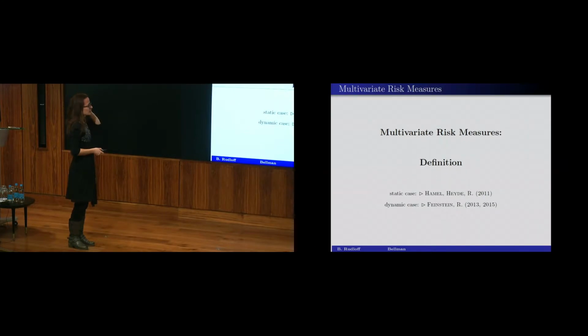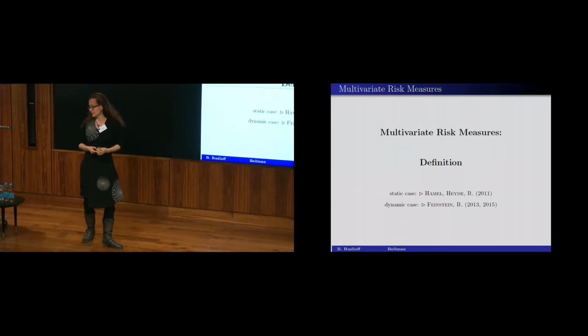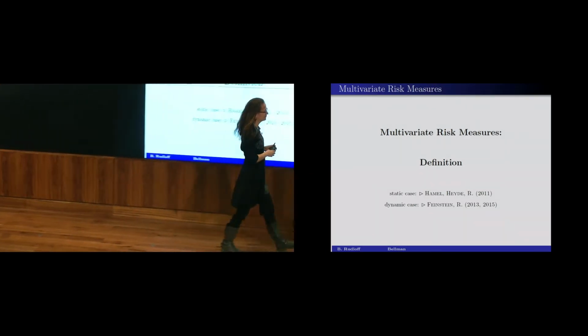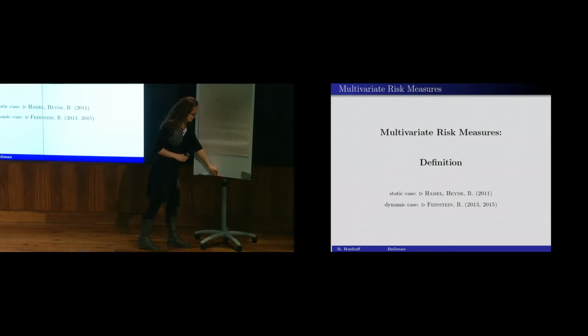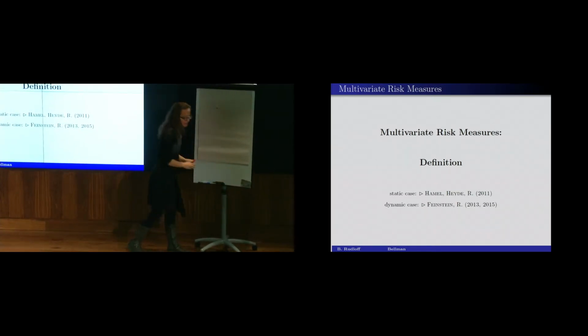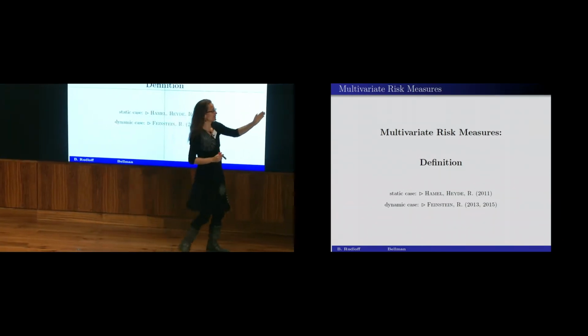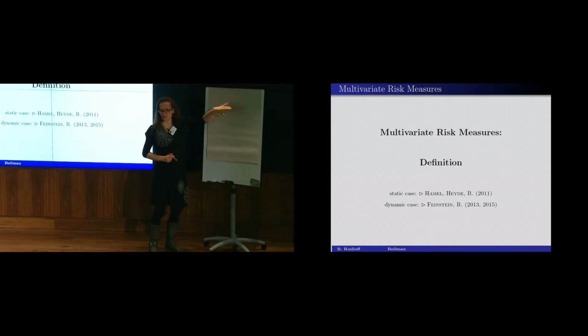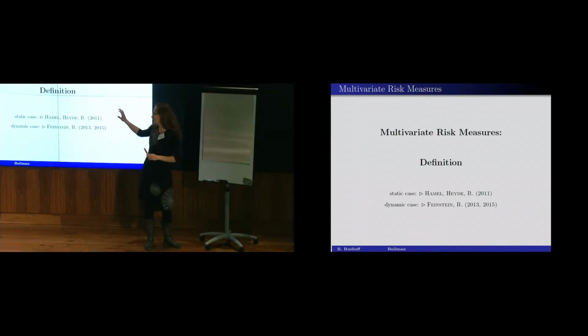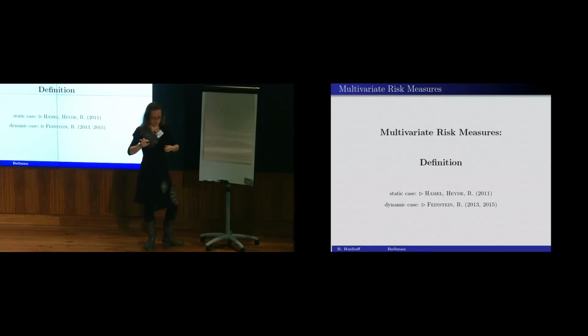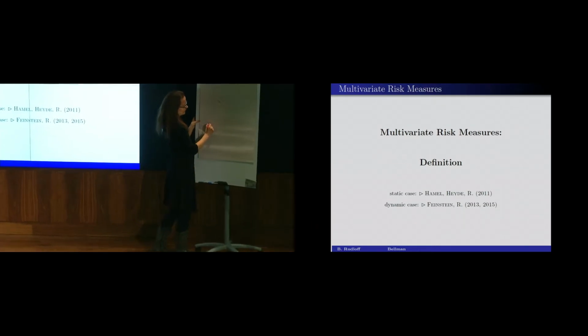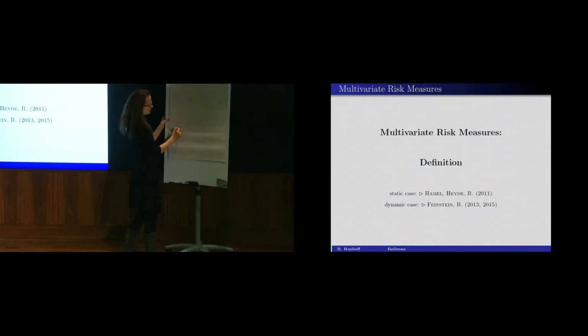I now want to come to the dynamic case, because this is where the dynamic programming will play a role. The dynamic case is basically motivated by this: these set-valued risk measures also appear in other instances, for example when you have transaction costs, with different currencies, so this is just one example. Systemic risk also leads to these multivariate risk measures. But then, if you think in the dynamic case, you basically have time 0 and time capital T. So until now, we just focused